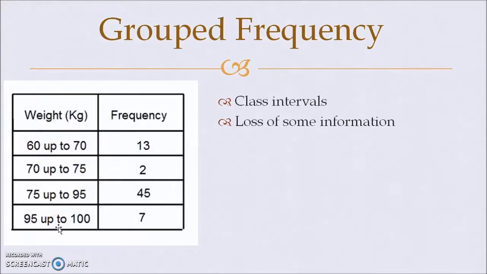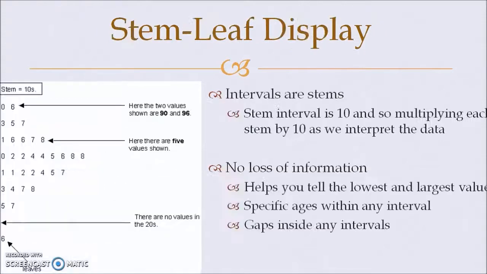There is loss of information here because I don't know how many are 61 kgs or how many are 62 kgs, all 13 are 69 kgs. So when we have class intervals like this, there is loss of information. To combat that, we actually have what is called a